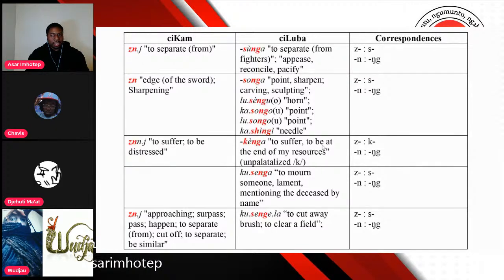Speaking of palatalization, you see that other form, kinga, meaning to suffer, to be at the end of my resources. This is at least the one out of the odd bunch that still has the K that has not been palatalized into S. This is one of the reasons why we do several different sets, because I may do another set where all the Z's and S's in ancient Egyptian correspond to nothing but K's, which I have done